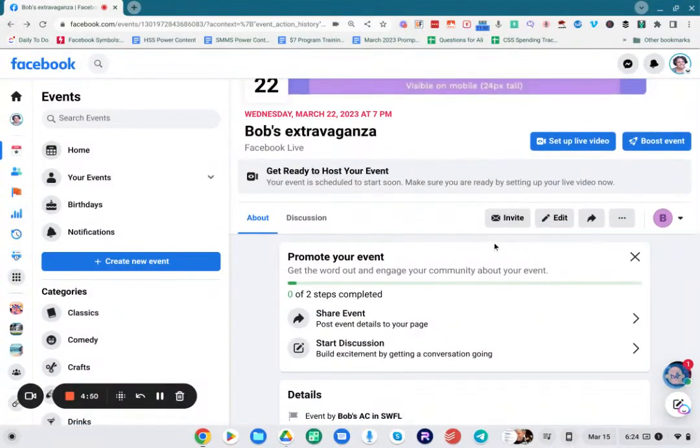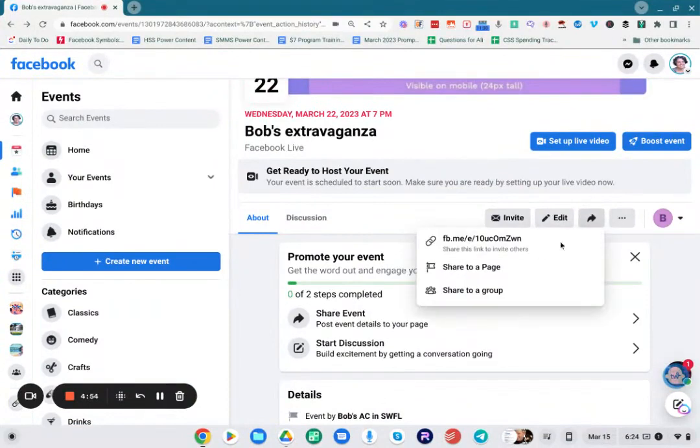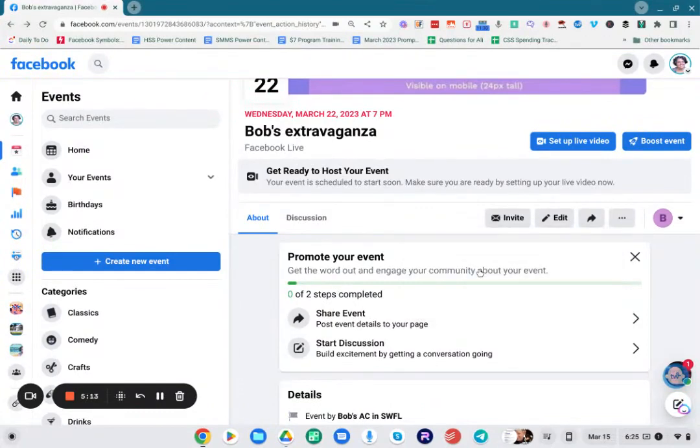Now, once you set this all up, there is a share button here. So you can share this URL. You can send people the URL in Messenger. You can send it via email. Hey, we're going to go live. Click here to check out all of the details. You can add that there. Share to page allows you to actually,